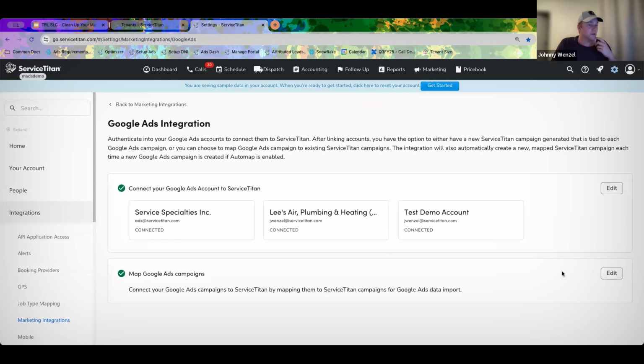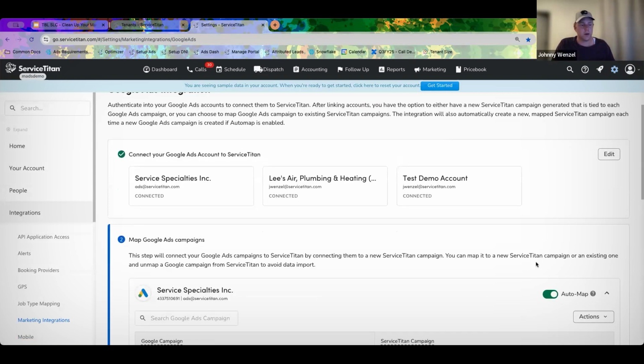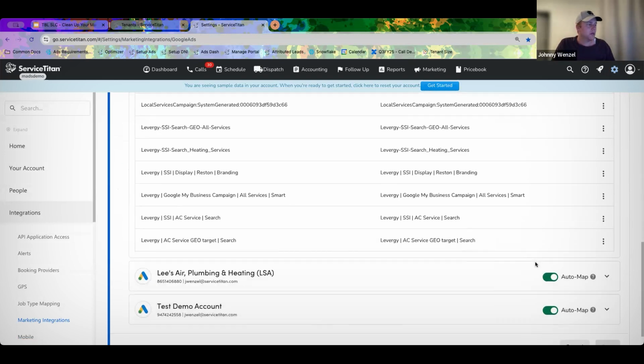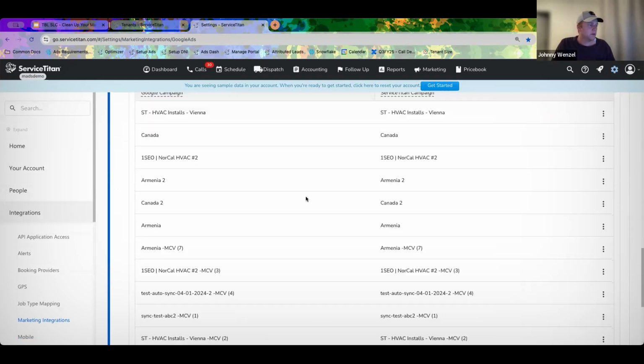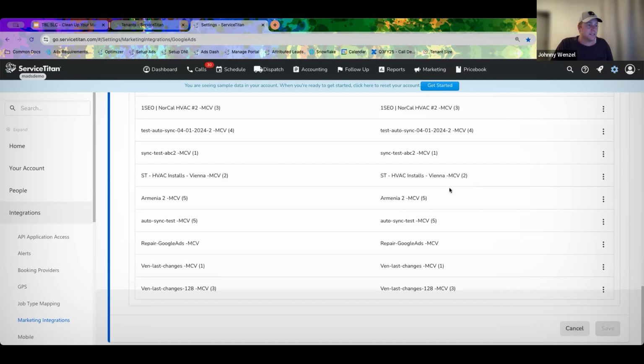Okay, so you'll see all the accounts you've connected, and then you'll see all of the Google Ad campaigns, because in your Google Ad account, you have multiple campaigns. For every Google Ad campaign that you have, there will now be a campaign in ServiceTitan that matches it. So when you're looking at the data in ServiceTitan, you'll have the breakdown by campaign. So once you've done this step,